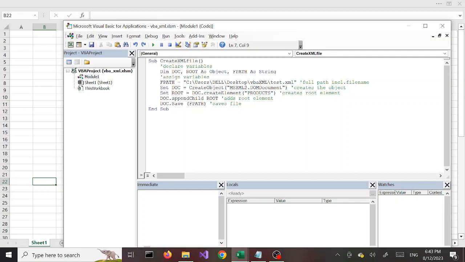Okay, next we are setting the doc variable to create object, and within parentheses and double quotes we are passing in the object name of the object we are going to create, which is msxml2.dom document. Okay, next we are setting the root to